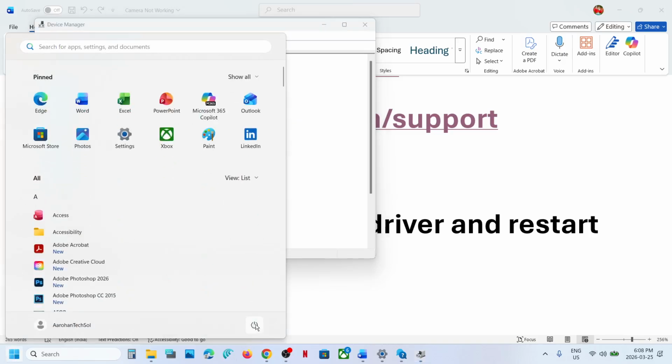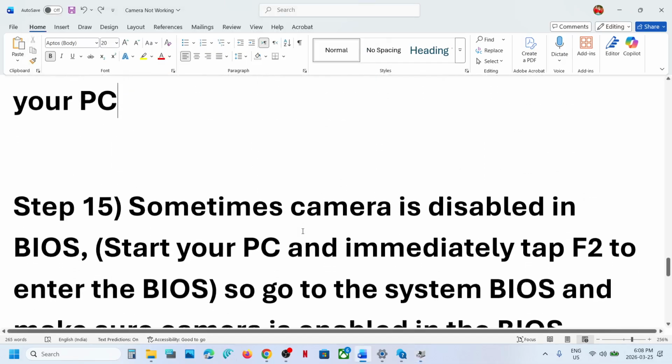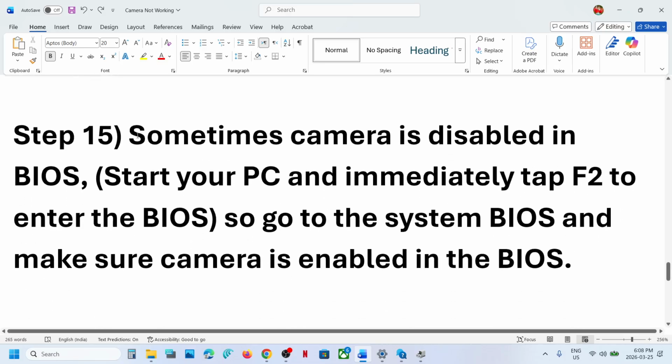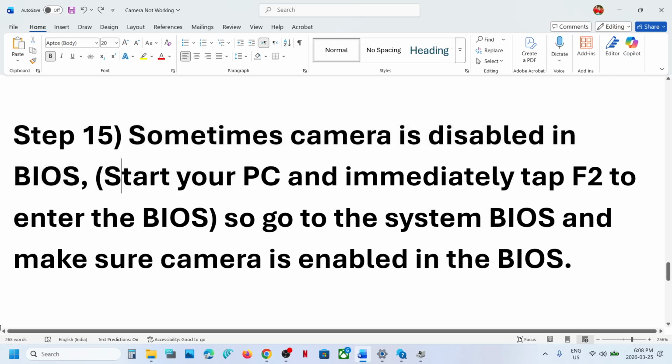Once you restart your computer, during the restart, it will install the default camera driver, and then you can check. Next step is, sometimes the camera is disabled in BIOS. So you can go to your system BIOS. To go to the system BIOS, you can